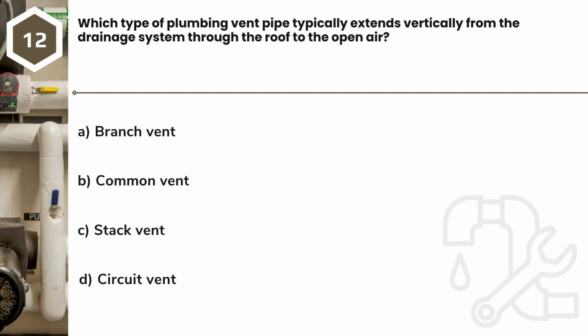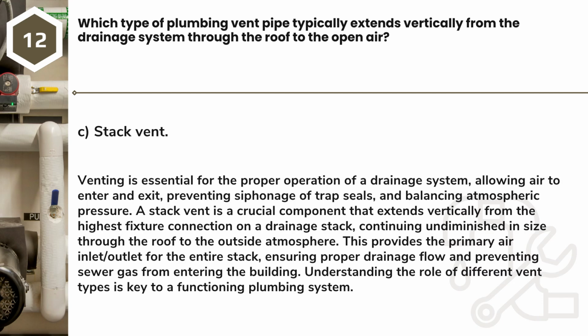Question 12. Which type of plumbing vent pipe typically extends vertically from the drainage system through the roof to the open air? A. Branch vent. B. Common vent. C. Stack vent. D. Circuit vent. Answer: C. Stack vent. Venting is essential for the proper operation of a drainage system, allowing air to enter and